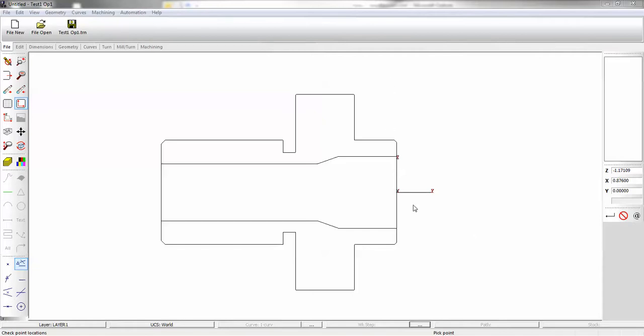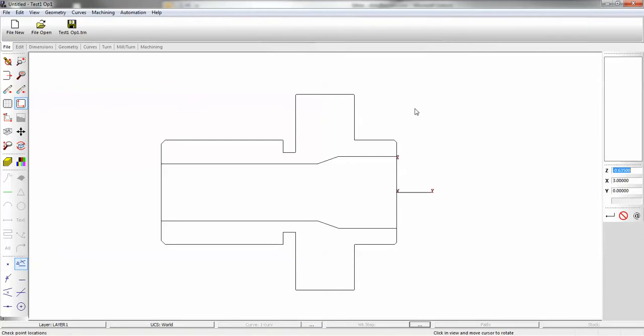We'll start with a facing operation. So I'm going to use snap to all. It'll pick up any endpoints of line, intersections, and so forth. That's why they call it snap to all. I'm going to put my cursor at the top, right mouse click twice, and it's telling me that's at an